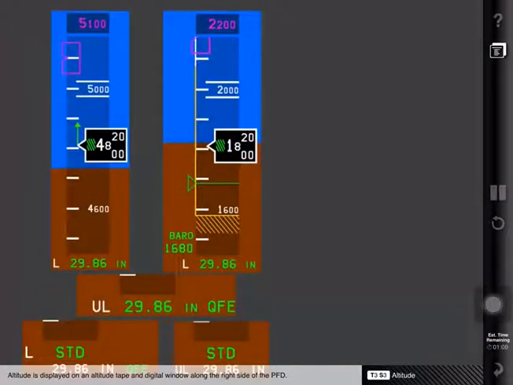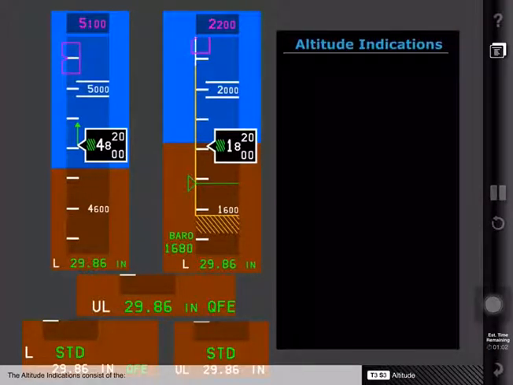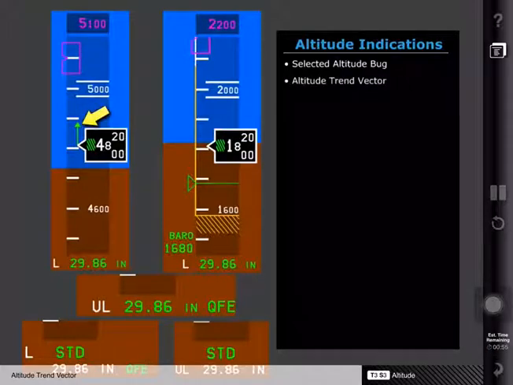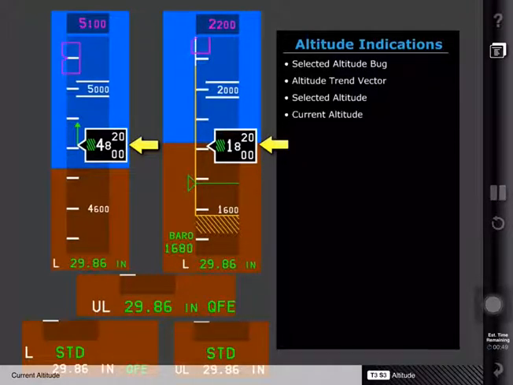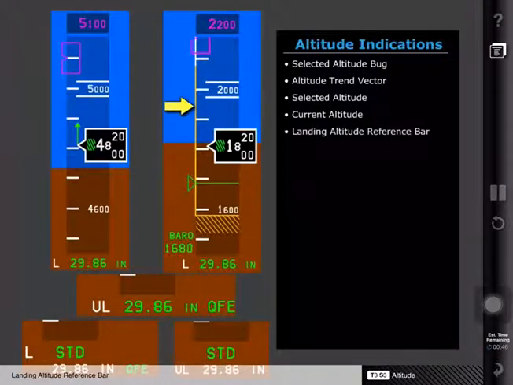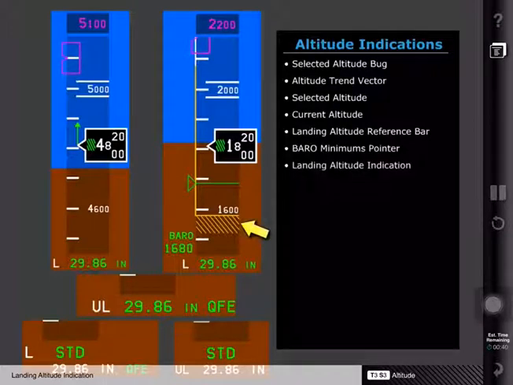Altitude is displayed on an altitude tape and digital window along the right side of the PFD. The altitude indications consist of the selected altitude bug, the altitude trend vector, selected altitude, current altitude, the landing altitude reference bar, the baro minimums pointer, landing altitude indication, minimums reference,